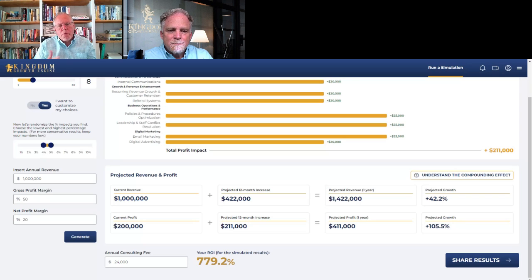But the report itself, we do send it along, and it's wonderful. It comes to me as the consultant, it goes to the client, and it just helps to put a cherry on top of the whole process. So, as far as I'm concerned, this is the most valuable tool for small business consultants out there right now. And most people don't even know about it. So we're just getting started.